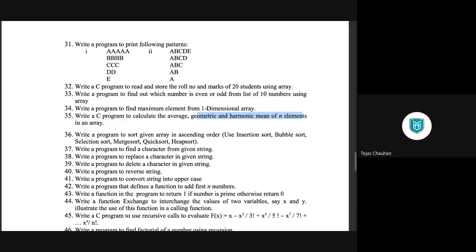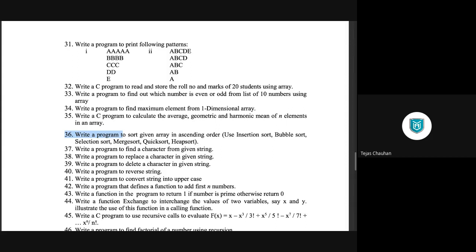After that, we performed the 36th program where we went for sorting processes. We had an array and we sorted that array using the bubble sort method, the selection sort method, as well as the insertion sort method. So that was your 36th program.